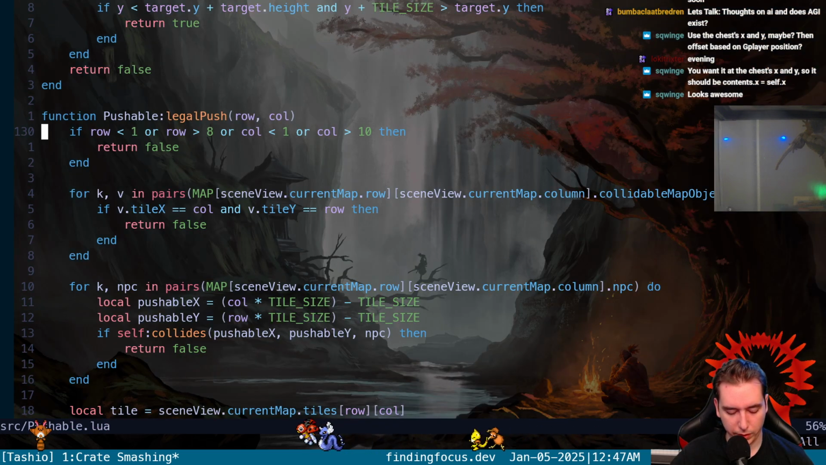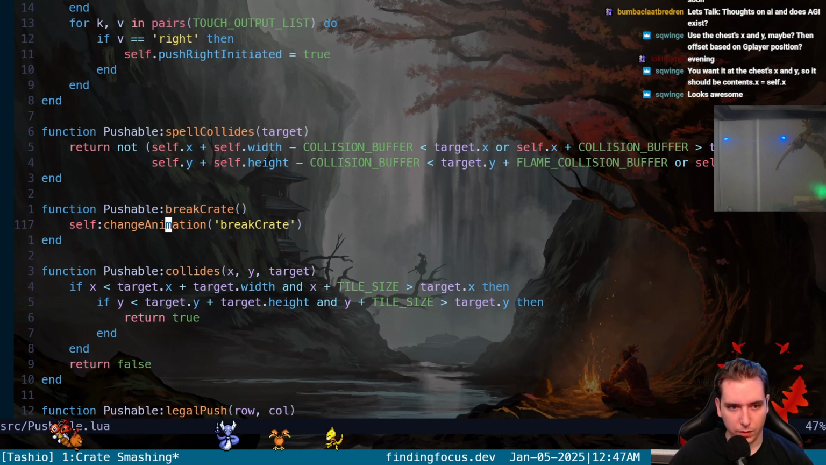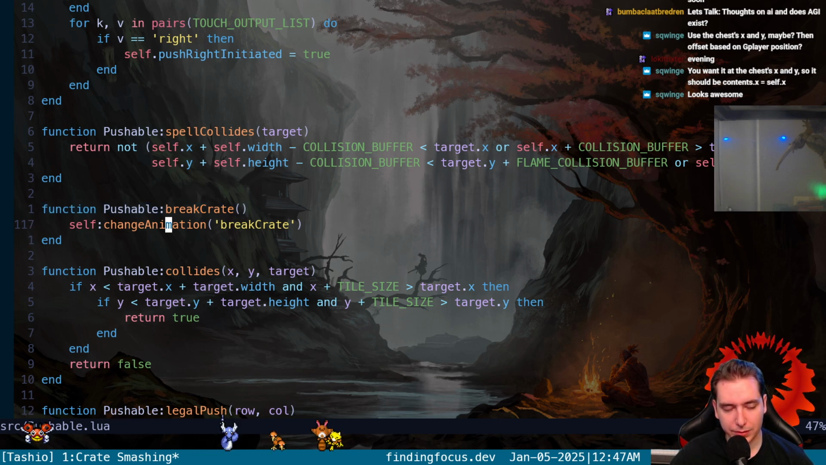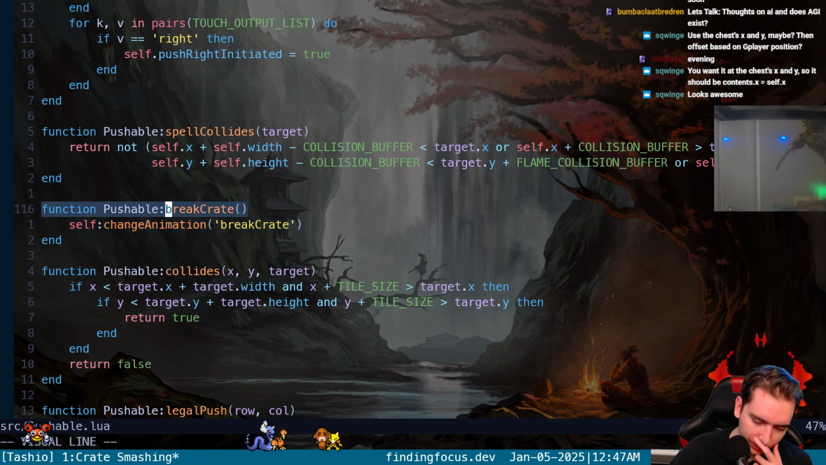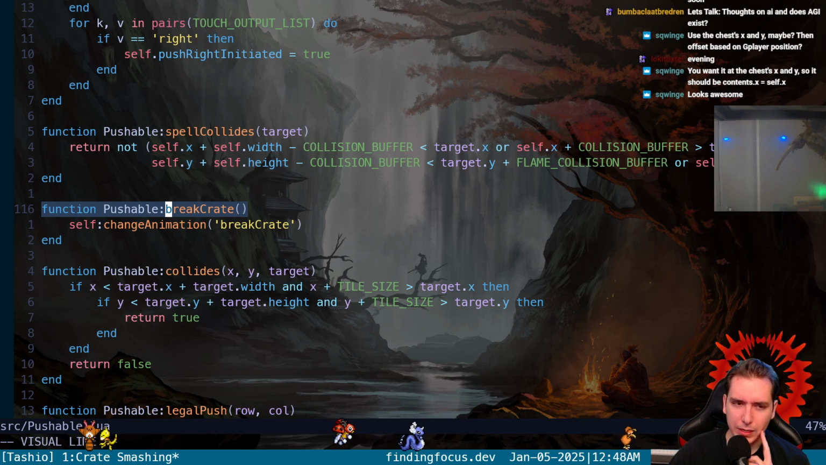I think it's called break crate, actually. Okay, so I think we need to instantiate the coin here, but not... How do we do this? Because if we put it... Yeah, if we put it... I think we need